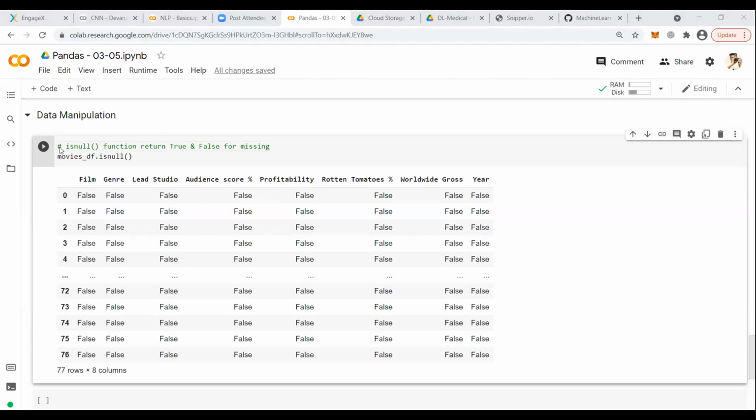As you can see, we are using a new function called isnull. We have taken a data frame name, and data frame name dot isnull. When we do this, it returns true and false. False means there is no missing value, and true means there are missing values in the data set.